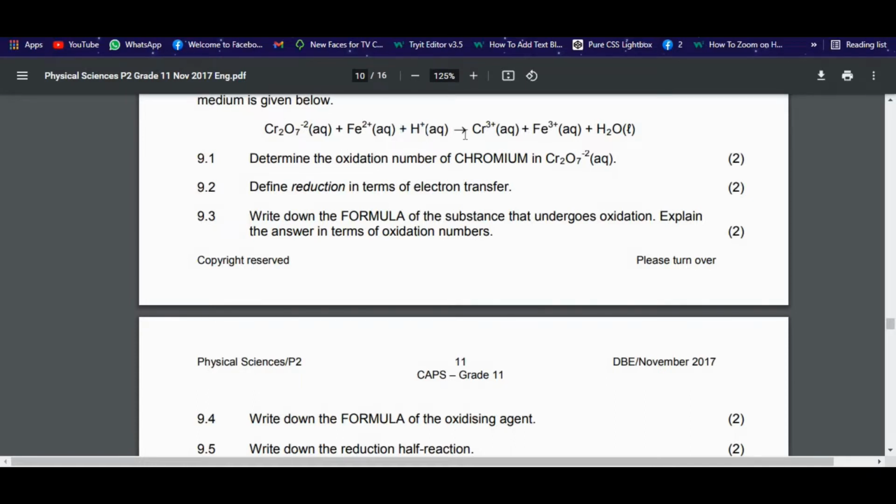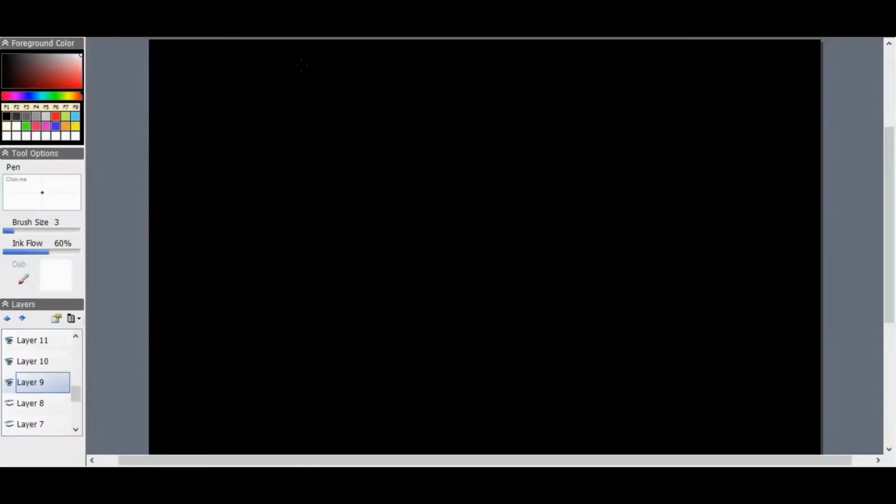That equals positive 1. That's positive 1. No change there. That is positive 6. That goes down to positive 3. Iron, Fe 2 plus, must be the formula that goes up in oxidation. Alright, that's 9.3. Fe 2 plus. And the reason why is because the oxidation number